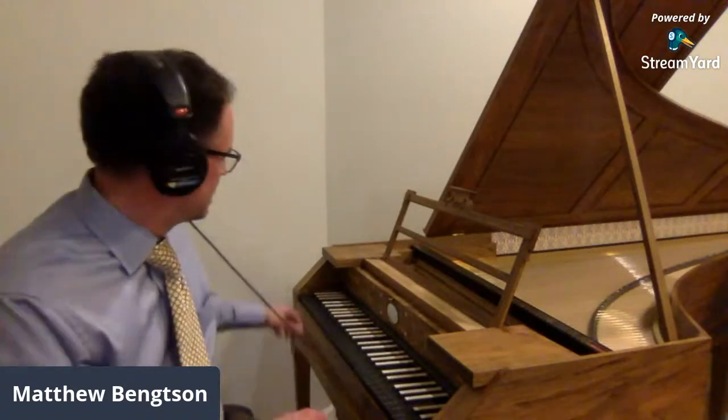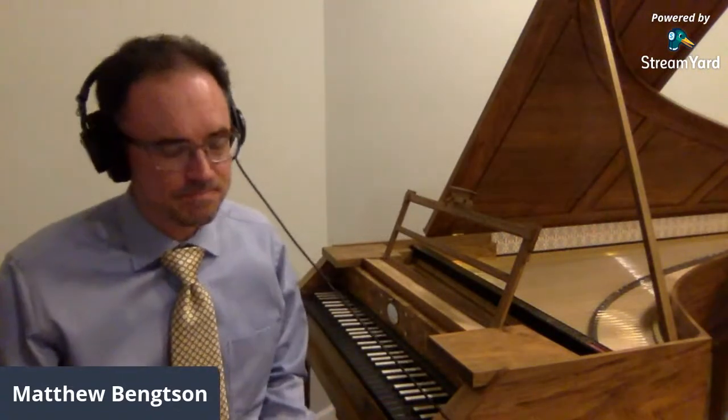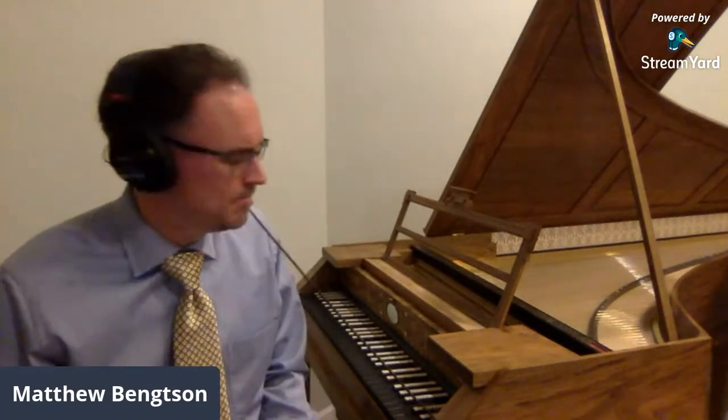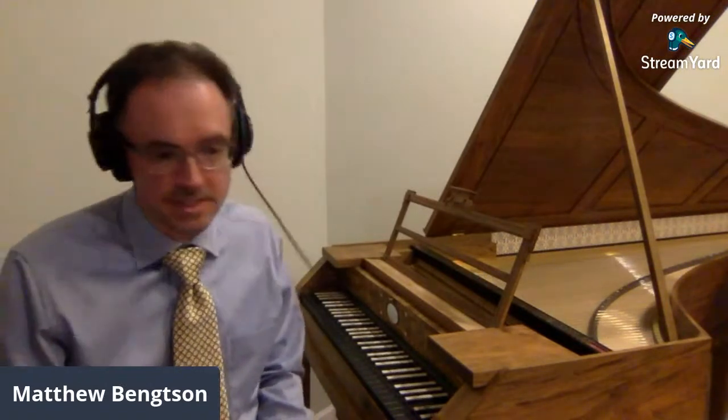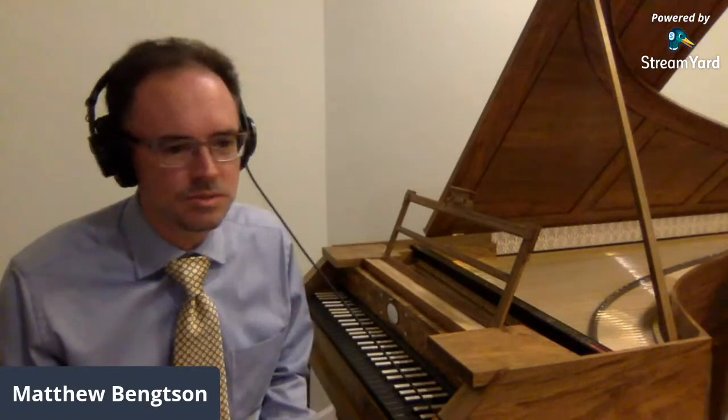The range of the instrument is only F to F. It's only 5 octaves. So there's a lot of music that you can't play on it after the time of the Viennese classics. And the instrument is not as powerful, certainly, as a modern piano, but it has a lot of advantages that I hope the music tonight will help you to understand and appreciate why we would choose to use